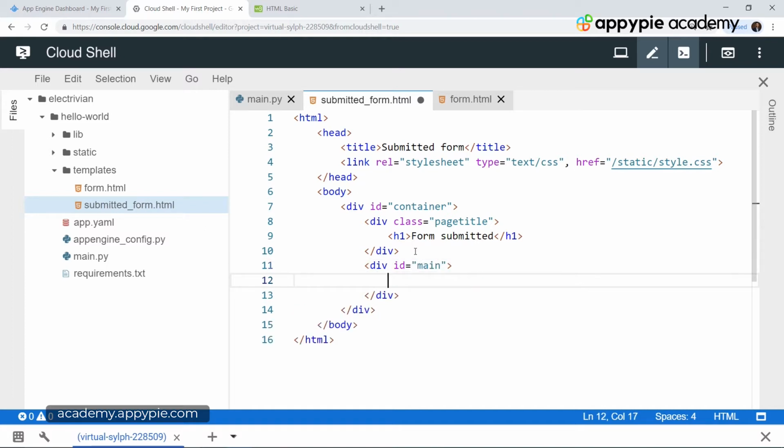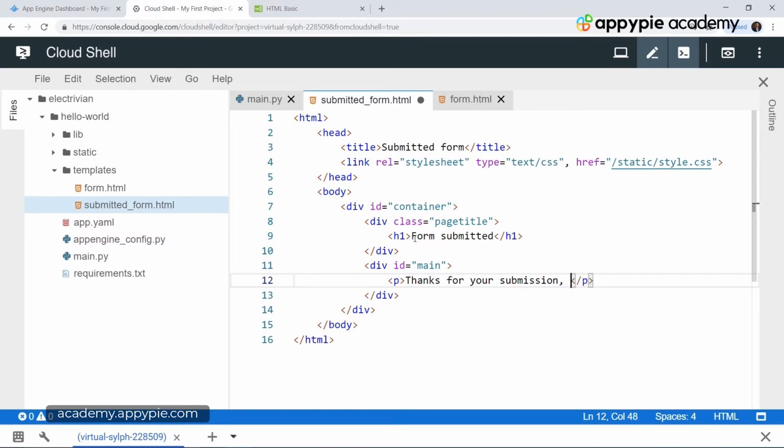So now inside this div, let's create a new paragraph tag. So we have p over here, and then we also have /p. First of all we want to thank the user for that particular submission. So we have thanks for your submission.